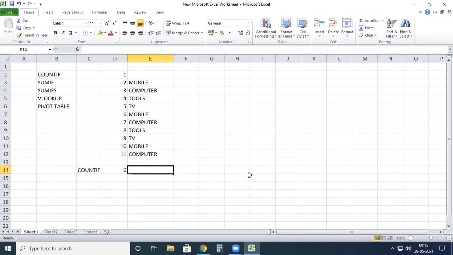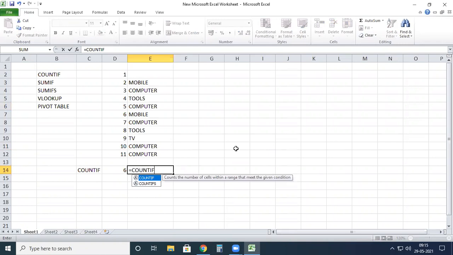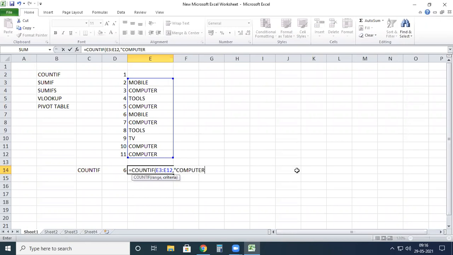I want to know how many computers there are. Here I give computer, and here also I'm giving computer. Now I want to know how many products are related to the computer, how many number of times computers appear. We can also use COUNTIF for this. In a real-time situation, we can use the formula in this format. First of all, you give the range. You need not type anything; just select and drag like this, and it will automatically give the range. Next comma. Here you give your computer. So where is your computer?